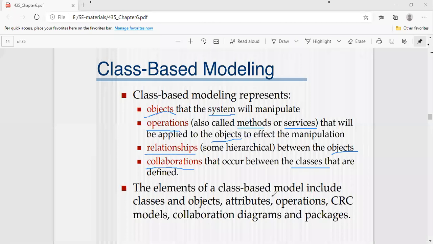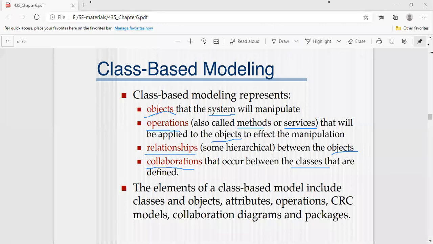Clear? The elements of the class-based model include classes, objects, attributes, operations, CRC models, collaboration diagrams, and packages. These are all the elements related to a class-based model. Here we are going to represent class diagrams.